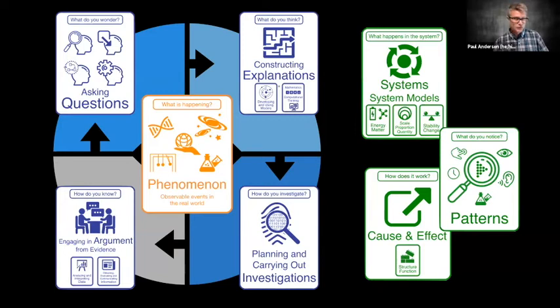So we have these four, which we would call in education bends. Bend 1 is asking questions. Bend 2 is constructing explanations, generally through models. Bend 3 is investigating, and bend 4 is doing argumentation. So if you're just getting started with phenomena and you really want to explicitly use the practices, I always start here. Phenomena, questions, constructing explanations. This is a 3-step dance that I always do.